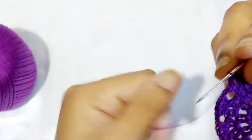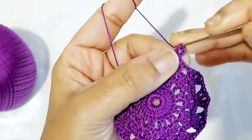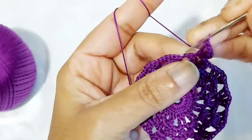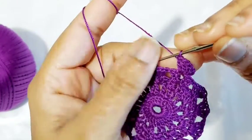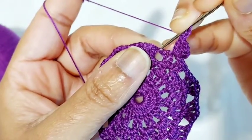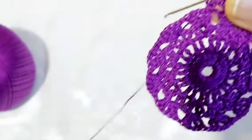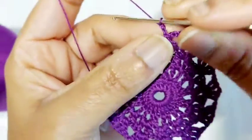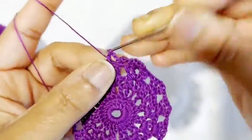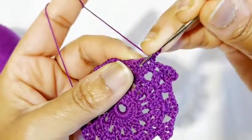okay, chain 3 and a double crochet into the same chain space, chain 1 and 2 double crochets in the same chain space. Now add 2 chains, 1 and 2, and then here in this chain space make a single crochet, and chain 2, then repeat this one. In this chain space here make 2 double crochets, and then chain 1, 2 double crochet in the same space,